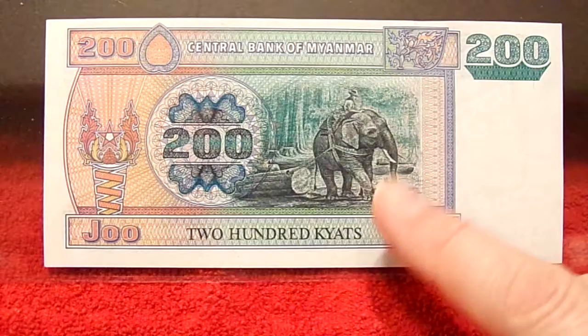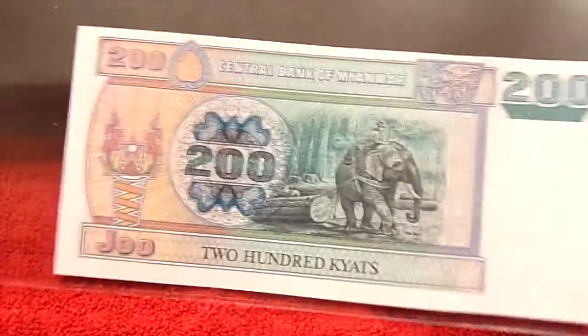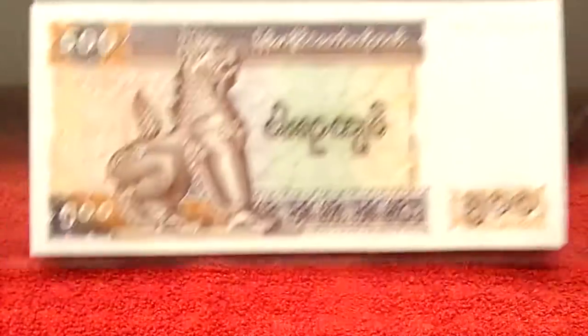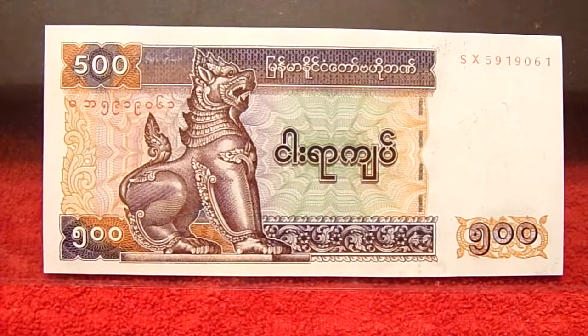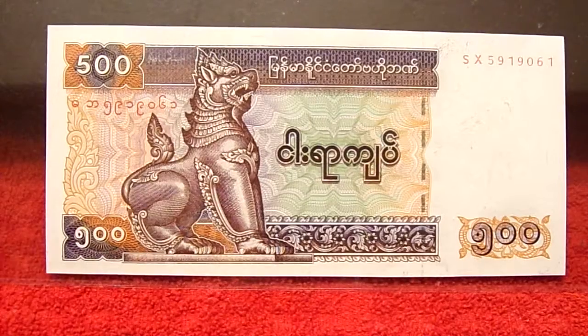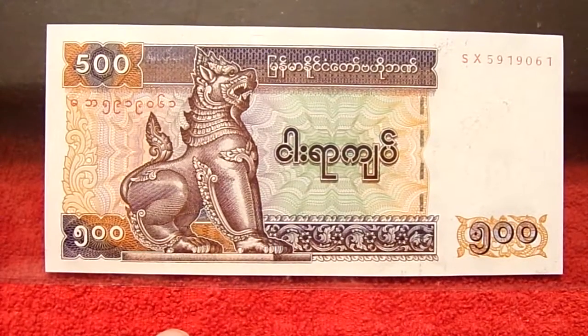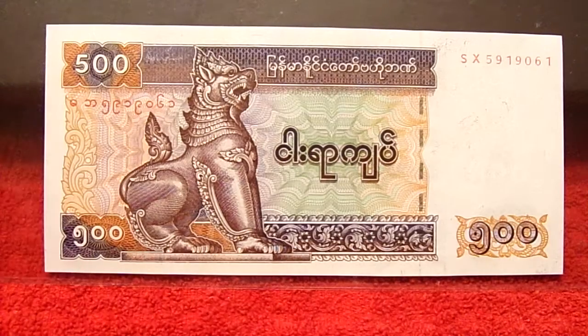And this having an elephant on the back is nothing but cool and awesomeness. Great nature shot. And elephants are deities in that part of Myanmar. Of course, used to be Burma, but name changes. And then picked up the 500 with again great colors. The great stylized, I'm gonna go with lion,